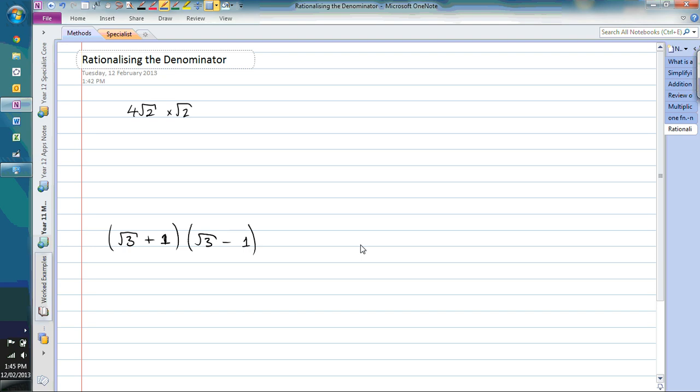Today I'd like to look at how we rationalise the denominators of fractions involving surds. Before we get into some examples though, I want to make a couple of observations that are going to help us to do this. The first one here,